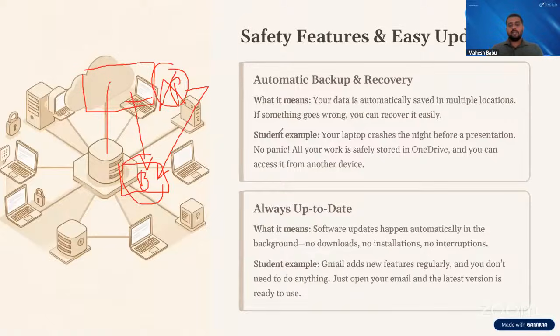What it means is software updates happen automatically. And whenever I talk about OS updates, even OS updates will happen automatically. This is what exactly, participants, we have to understand. In the background, the system will always be completely managed by the cloud provider, because the cloud provider is responsible for processing the current updates and providing better security for our organization.